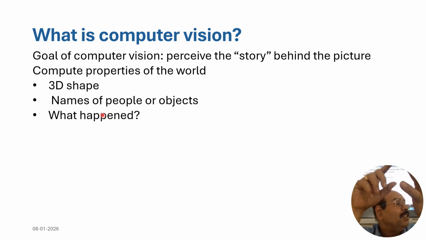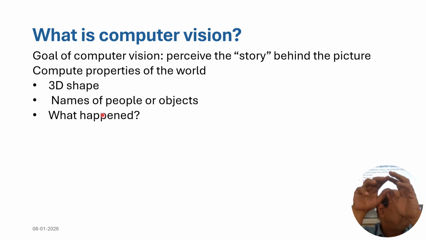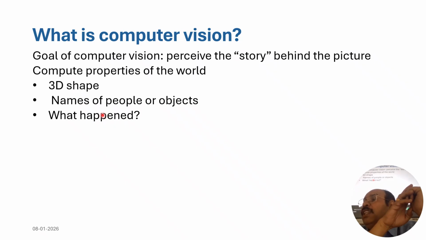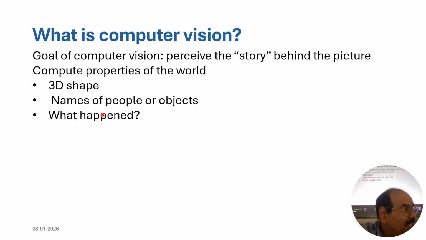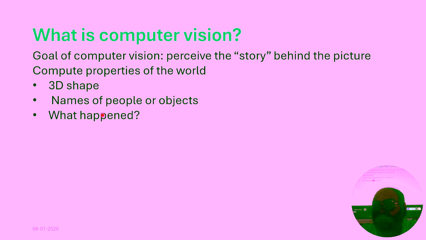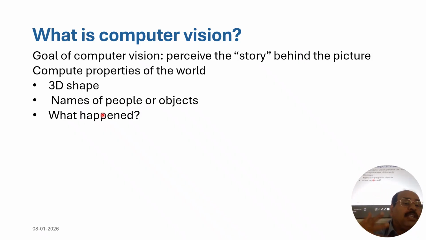You might have seen that. Find out how many of these images have traffic lights. A very commonly asked question to check whether you are a human being or a robot, right? How many of you have seen that very often? There will be 4 or 5 images and you will be asked to pick the images with traffic lights so that the system can confirm that you are not a robot. So it's identification of objects.